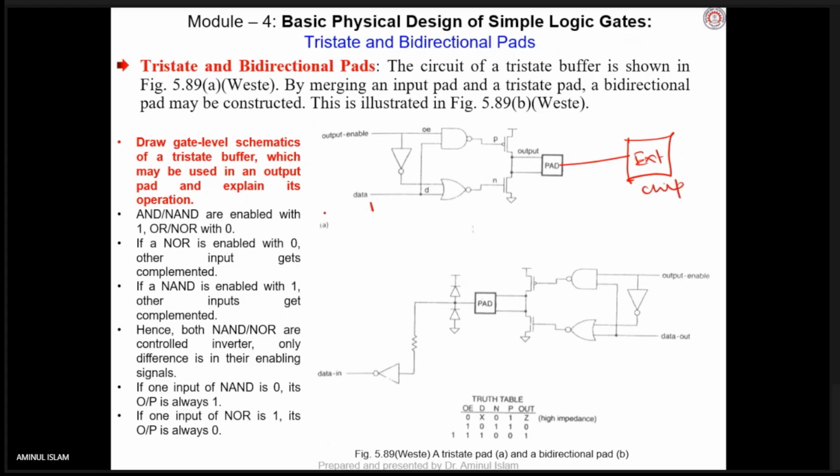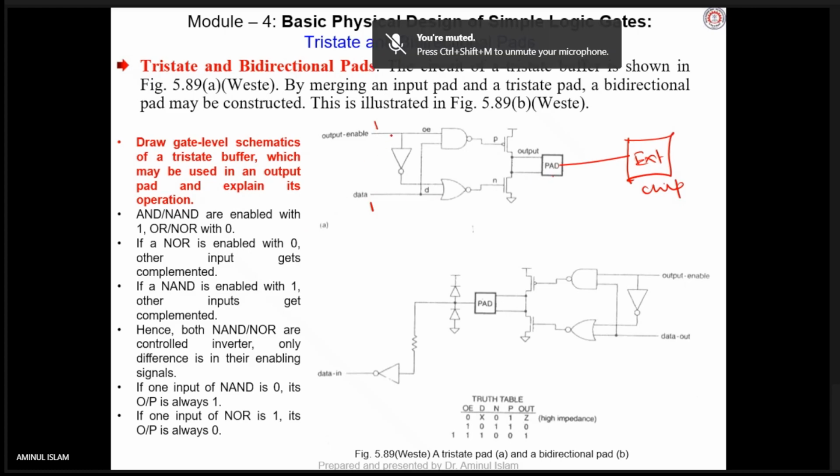So how are we going to send it? If we enable, then only data will go. Enabling with 1 is possible or 0 is possible, that we have to understand first. 1, sir. Okay, let us see whether it is enabling to send this data to this point or not. That is our point.